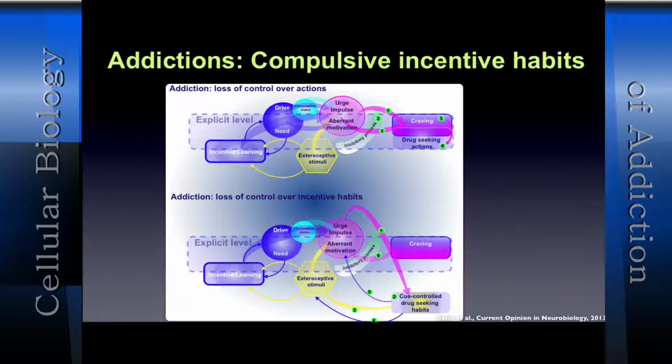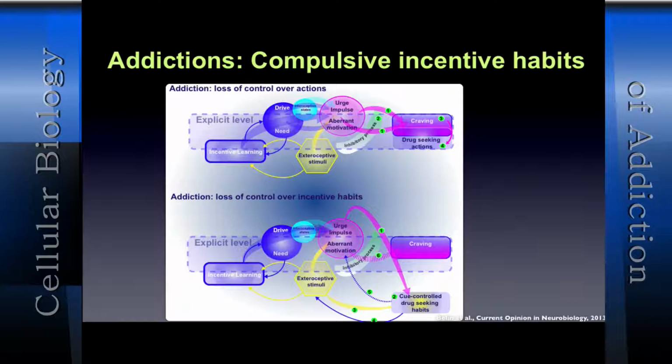All of them, which is through repetitive conditioning and repetitive associations between the effects of my drugs and the environment. I've learned that some exteroceptive stimuli drive my incentive learning processes to an aberrant motivation towards the drug, okay? And this aberrant motivation can't be stopped by a failing inhibitory system, that is my disrupted prefrontal cortex, such that I crave and I seek my drug, and everything happens within the explicit level of the brain. I know everything. There's the stimulus, I want my drug, my inhibitory system can't prevent me from going and seeking my drug, and I'm going to take it.